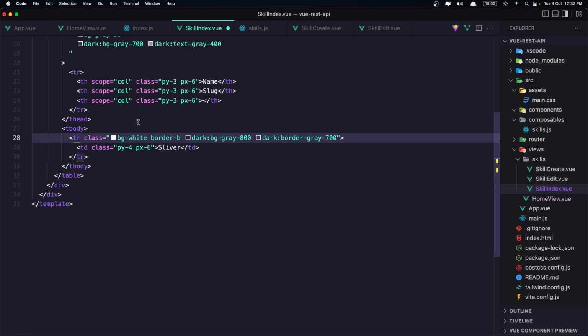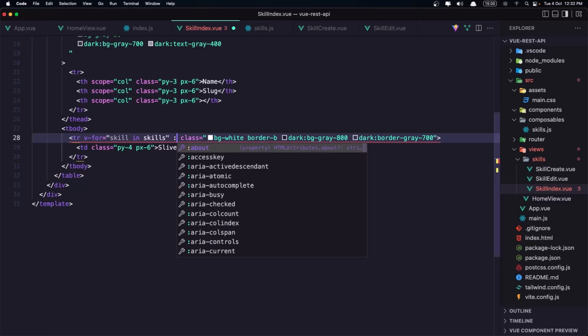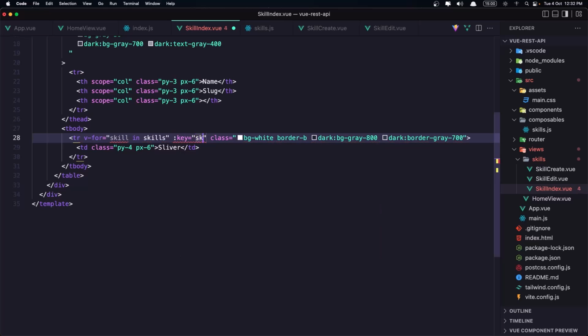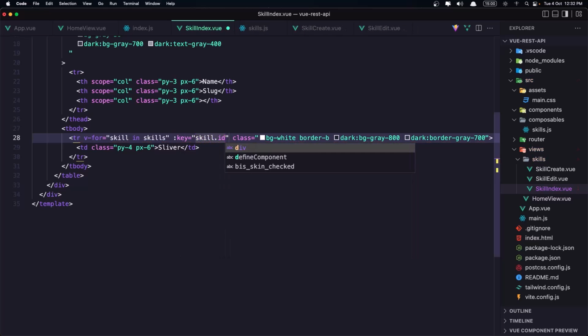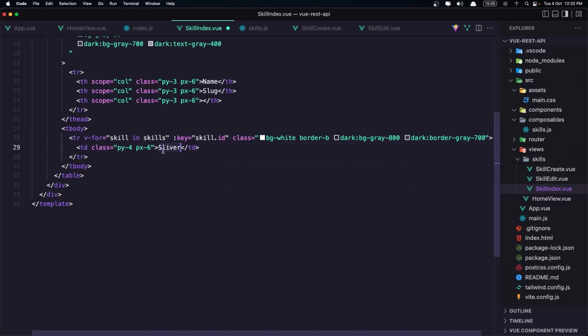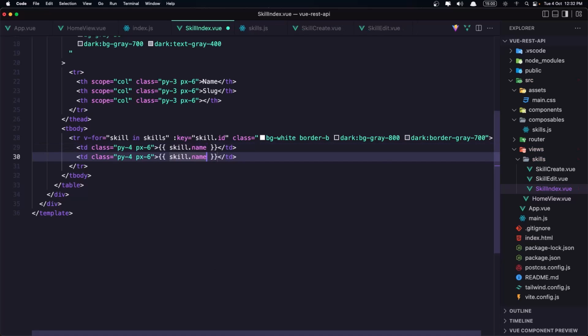And I'm going to say v4 skill in skills. We need to add the key, which is going to be skill.id, and here display the skill name. And let's copy and paste this, change the name to be slug, like this. And if I save,